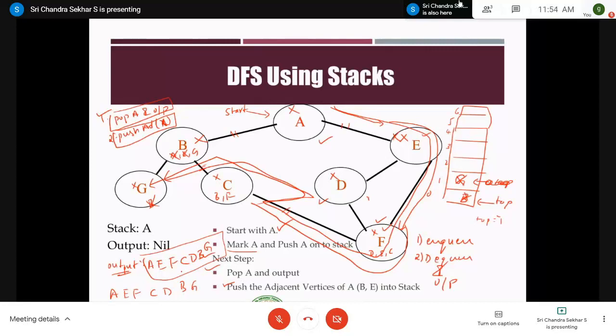Similarly, the same thing in BFS. BFS also makes use of three different steps. The first step is you enqueue the adjacent elements of the element which you are going to dequeue, and the second and third steps are dequeue and output, right? Very simple algorithm, but you should be in a position to identify the different traversals. For the same graph, you will have a number of BFS sequences. For the same graph, you will have a number of DFS sequences. You should be in a position to identify which is not a BFS traversal and which is not a DFS traversal. These are the type of questions that may be asked in your GATE examination, right?